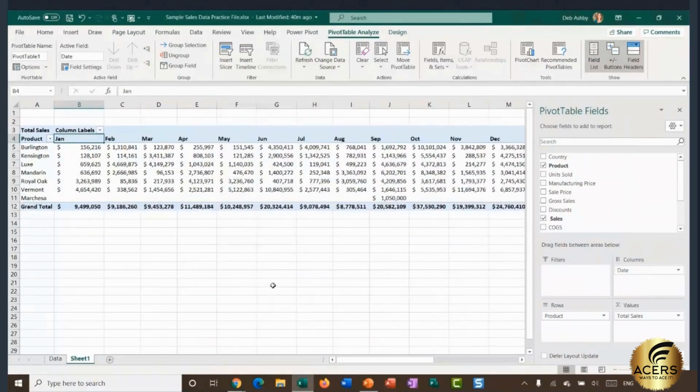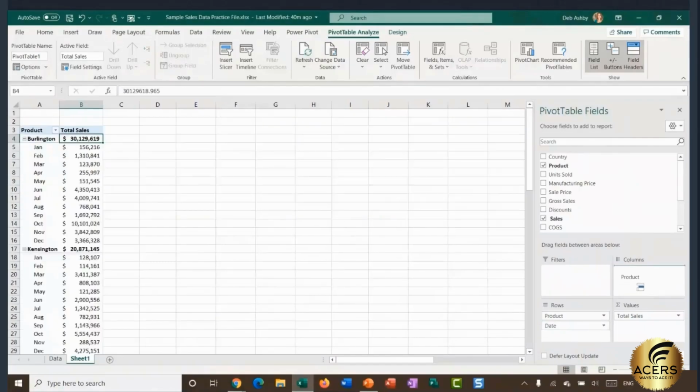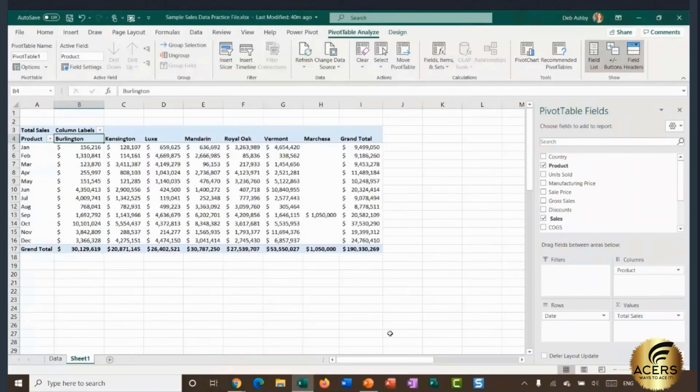All right, so that just explains a little bit about how Excel deals with grouping. Now, what I'm going to do is I'm going to rearrange my data fields a little bit. I'm going to drag date down into rows, and I think I'm going to put product into columns like so. So now I have my products running across the top, I have my months or my date running down the side, and then I have my values in the middle. And what you can probably see just here is that for one of these products, I have a lot of zero values. So for Marchesa, it looks like we only sold something in September, and the rest of these cells